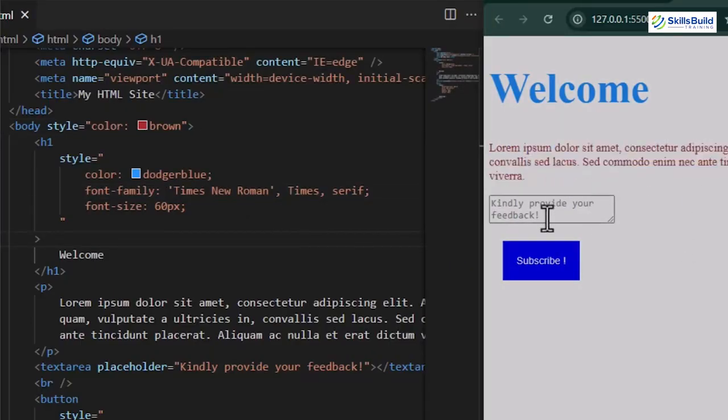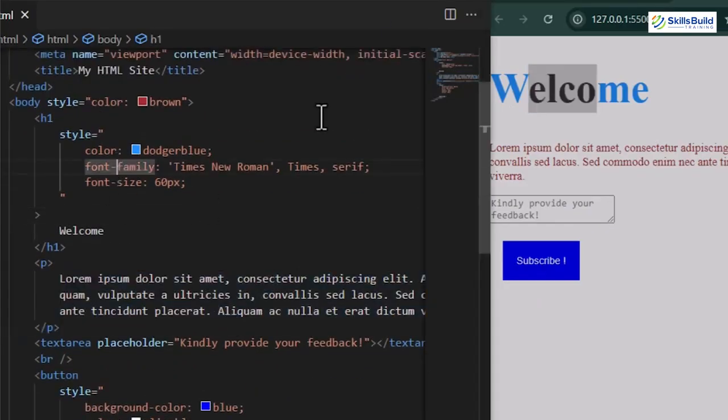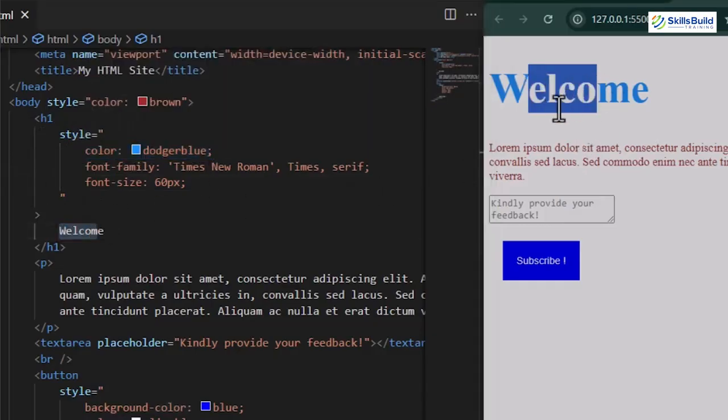Once applied, you'll notice that some parts' colors are changed to brown as expected, but the heading and button colors don't. So let me explain the issue here. The compiler first applied the body tag style to every containing element, then it moved down to the heading tag and noticed that its font style was set to Dodger Blue, so it modified the H1 tag font color to